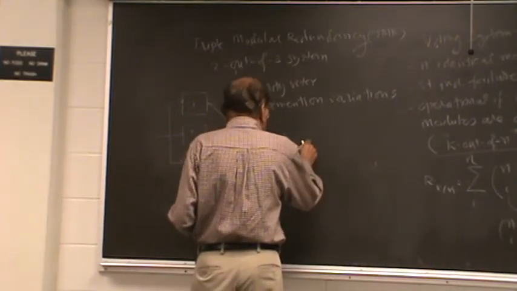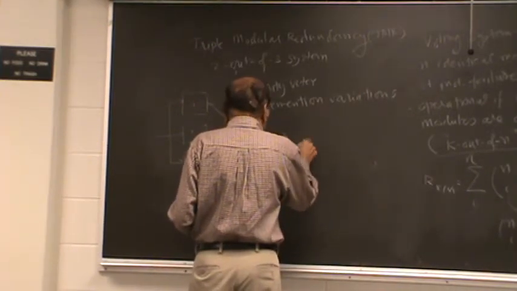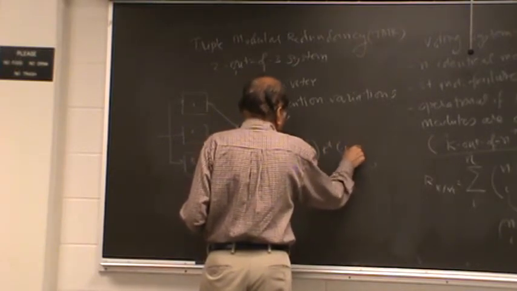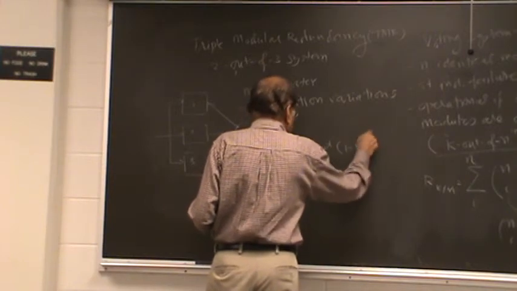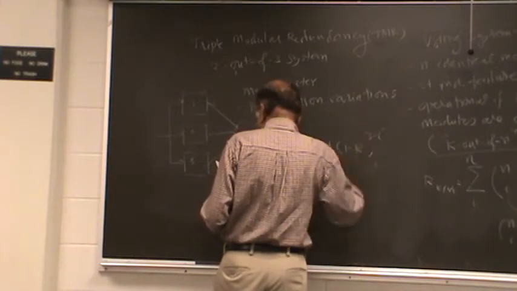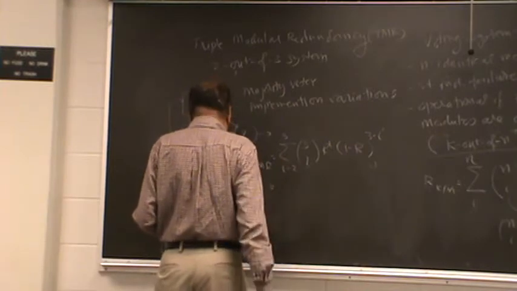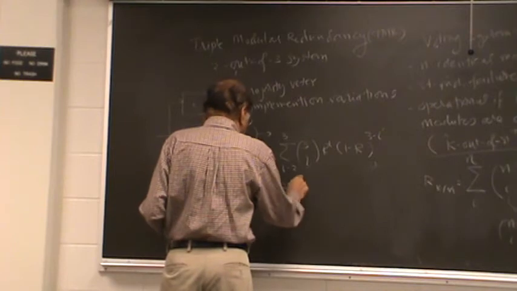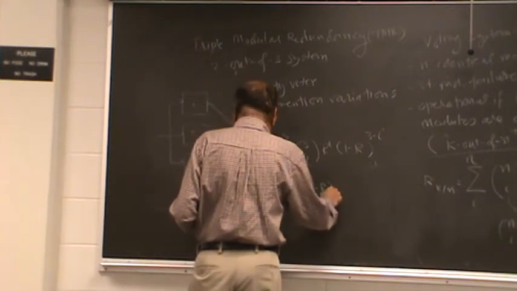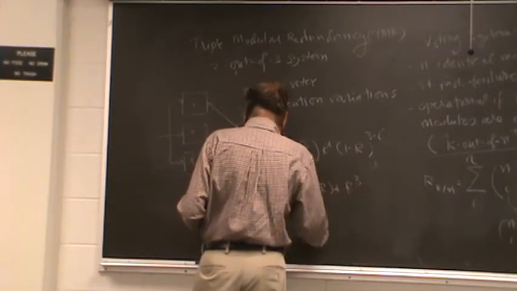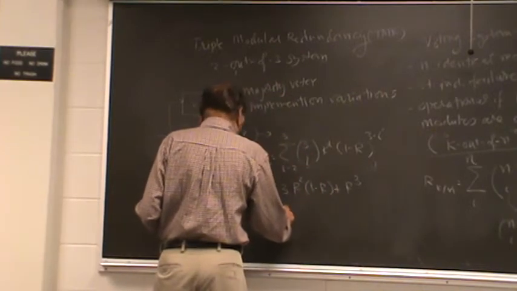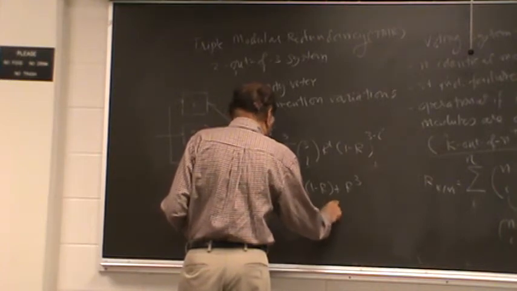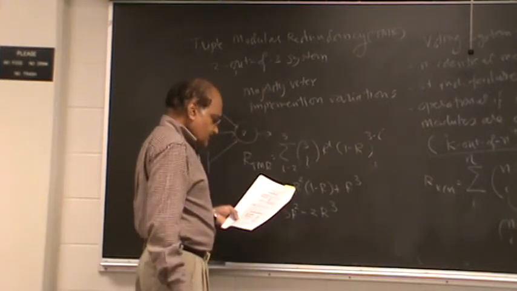So, 3 choose i, R^i, (1 minus R) raised to 3 minus i, and you can solve that and it will turn out to be 3R squared (1 minus R) plus R cubed, and that will solve to 3R squared minus 2R cubed. Now this assumes